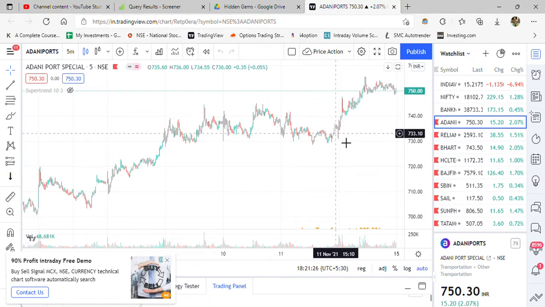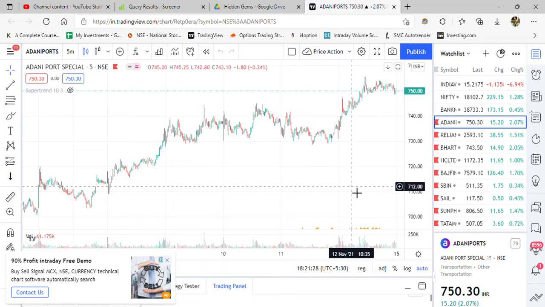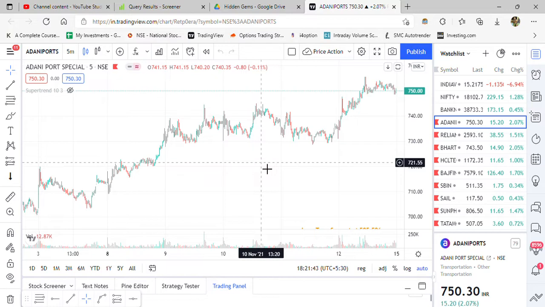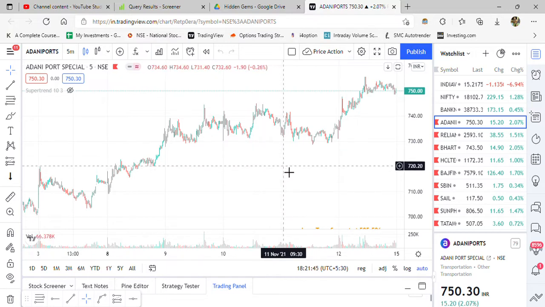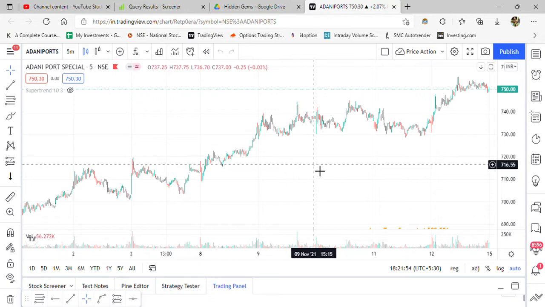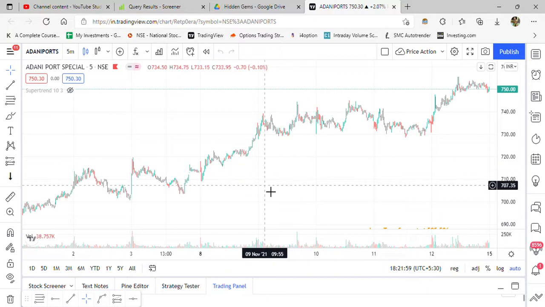Now I just want to highlight that in the last video, which was posted a few weeks back, we learned about support and resistance in the various chart patterns based on price action. Today we are going to learn about the trend line, how to identify the trend line, and how to check the trend line breakout of any stock.